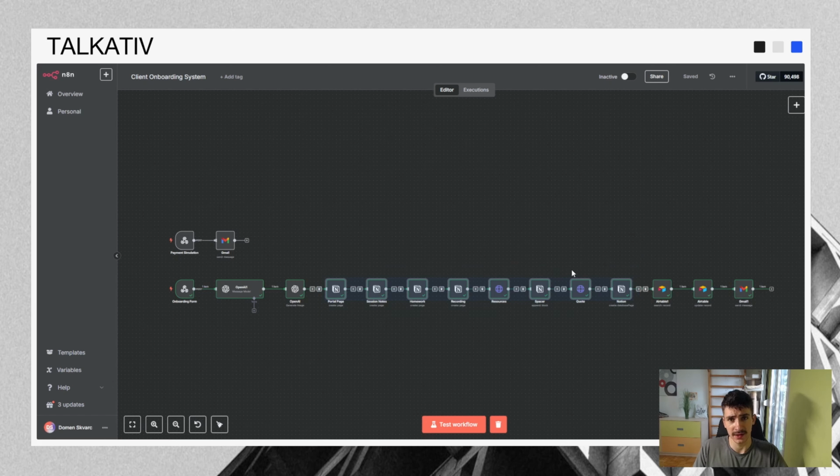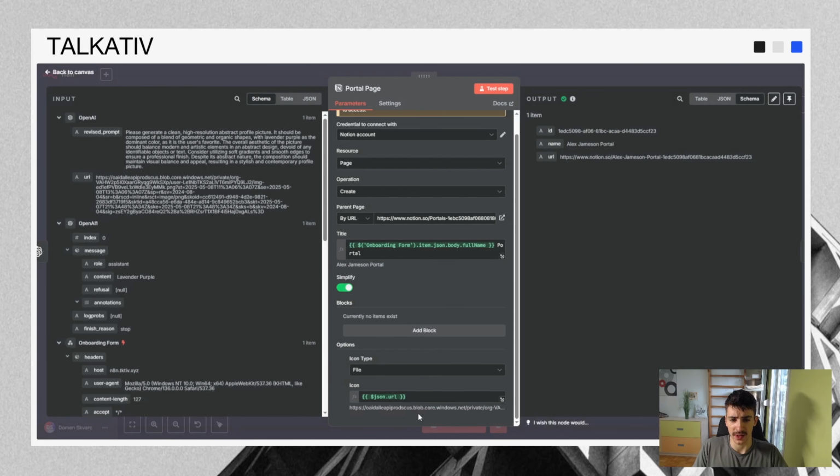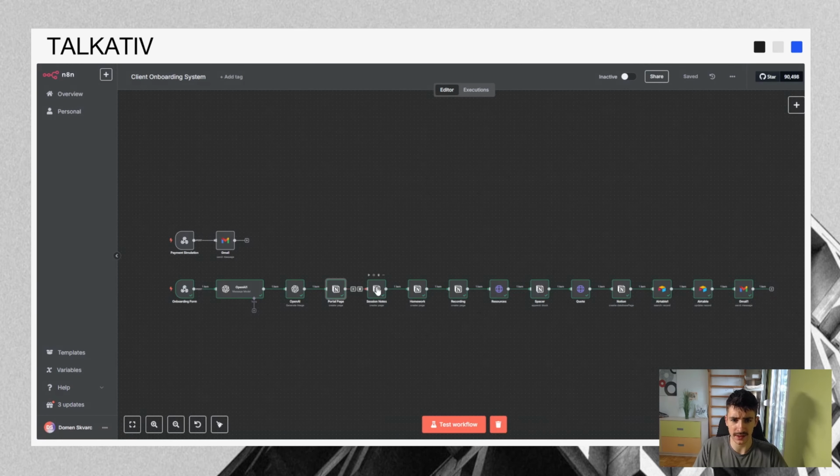So essentially, Notion doesn't allow you to duplicate pages now. So you can't have like a portal page template that you just duplicate and change names and such. You need to create it from scratch. So this flow essentially creates every single segment of the client portal. So first we create a page itself with this, and we add a URL from the image we got from an OpenAI node. And then we set the name. Next thing we add session notes, page, link to page. Then we create a homework, and then we create recording